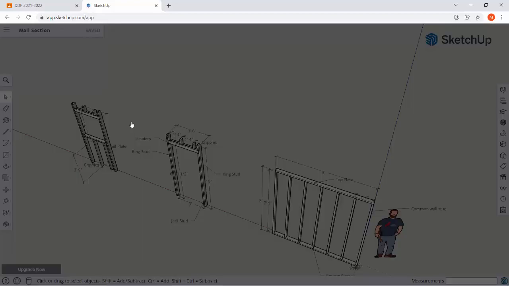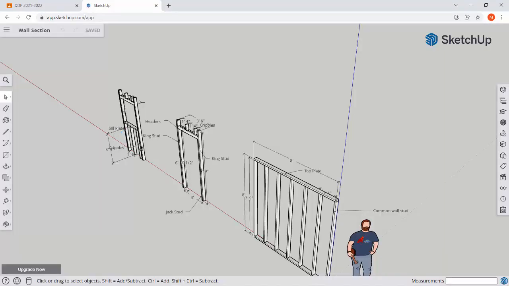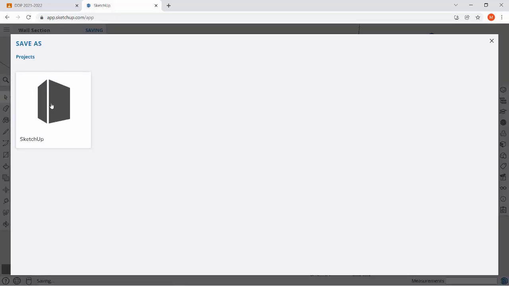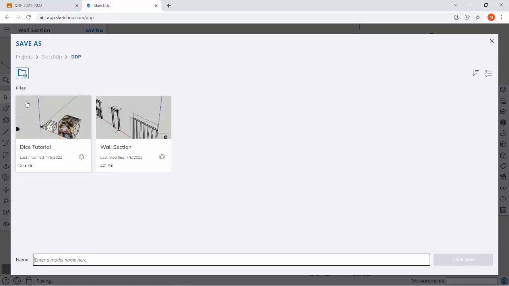Now we're going to open this wall section, and we're going to use this wall section as the foundation, or this file as a foundation for our dream house. We want to leave this wall section as it is, but I want to make a copy of this. So I'm going to go to Save As, File Save As. Open up the SketchUp folder. Make sure we're inside DDP. All that's right up here, Project SketchUp DDP. And we're going to save this as Dream House